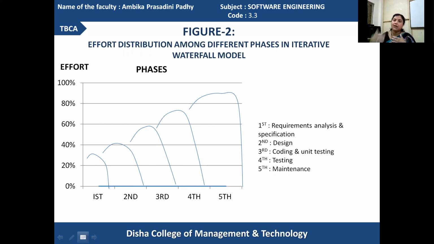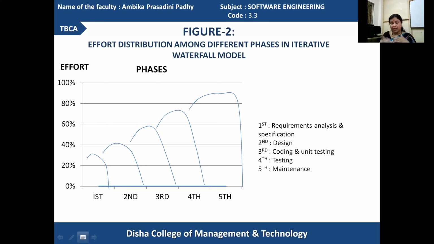When a particular phase activity is completed, it leads to another activity to be performed. The sequential execution keeps going on. If some errors are identified, we come back to the phase again, find out where the problem is, and rework on that phase. It may require some extra time.